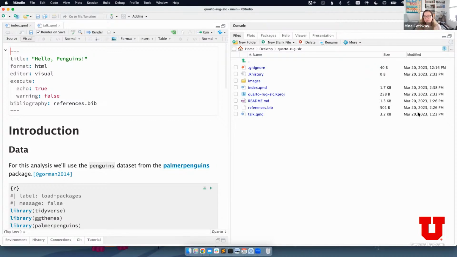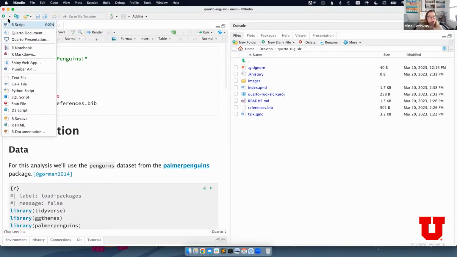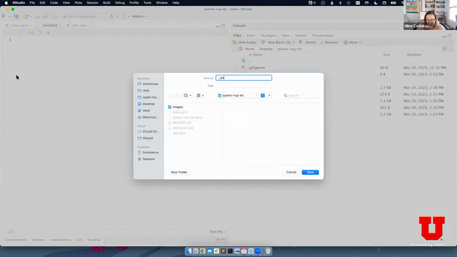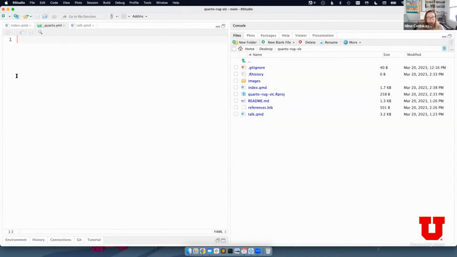All right, so in order to bring these together into a Quarto project, I need to create a new file, a text file that has to be named very specifically as _quarto.yml. And this is,